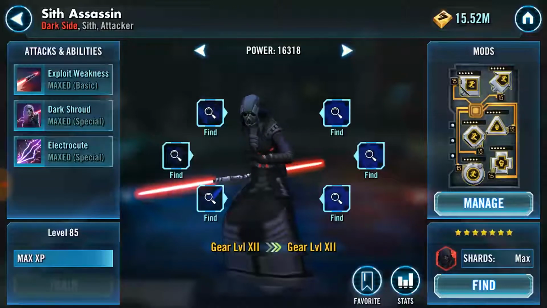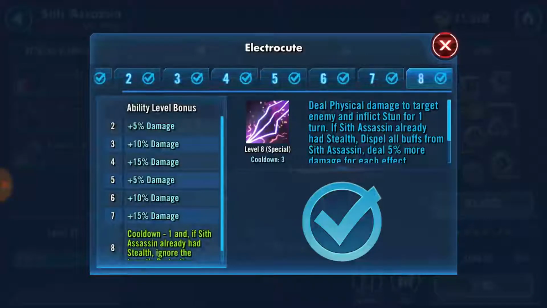And the next one is her Electrocute. I can one-shot people with this hit. I have taken CLS out on full health. I've taken Han out on full health. If people are at half health, this will also take them out, just like a Savage. This is a deadly